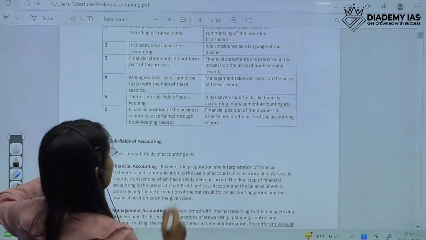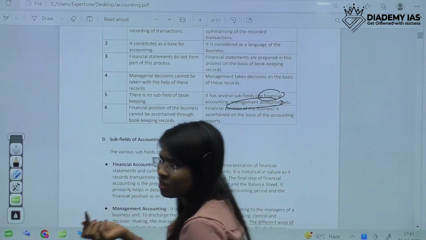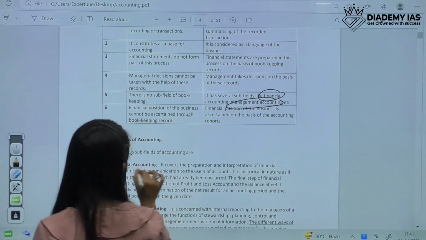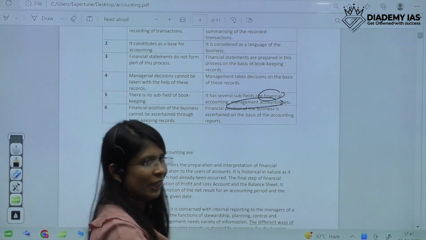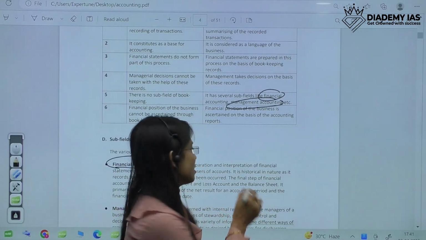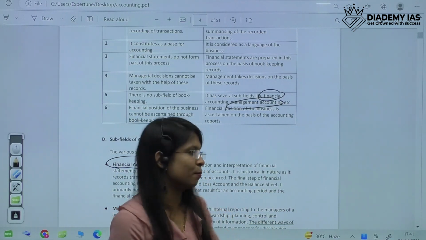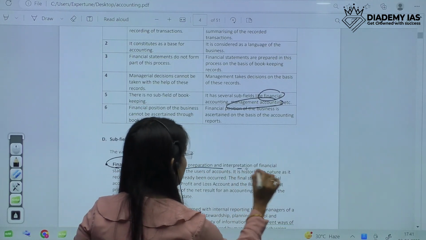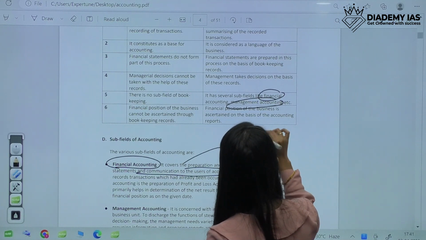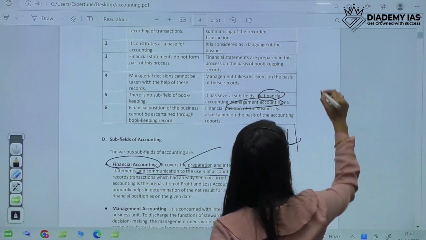The subfields of accounting just mentioned, financial accounting and management accounting, could be asked in the paper, like what do we mean by management accounting or financial accounting? Financial accounting is very simple. The presentation, preparation and interpretation of the financial statements would be termed financial accounting. And this financial accounting is always historical in nature. You will think, why is it historical? Because this accounting happens at the end of the year,